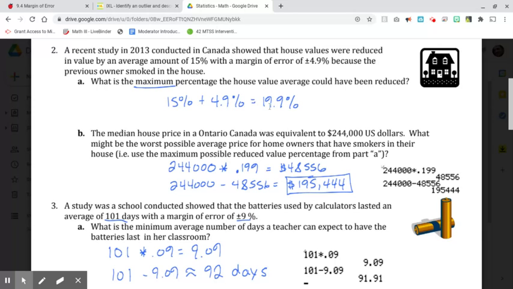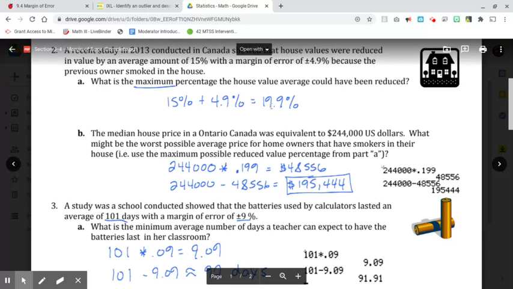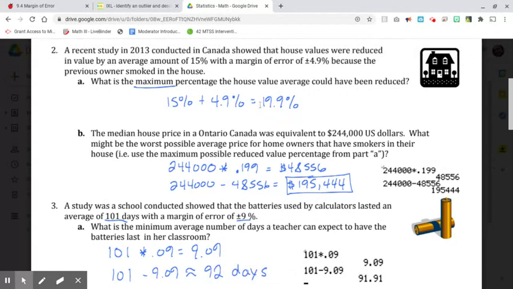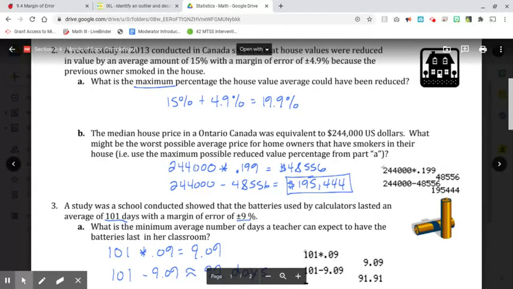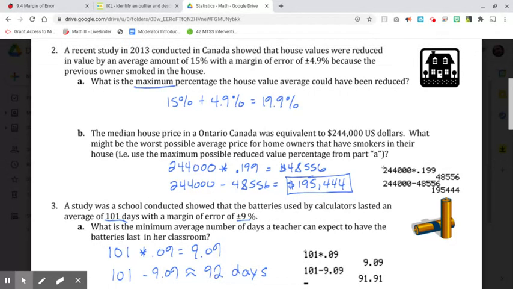The worst that can happen in number 2 is that their house can go down 19.9%. So if we take the value of their house, $244,000, and we multiply it by 0.199, which stands for 19.9%, this is the amount that their house would go down,